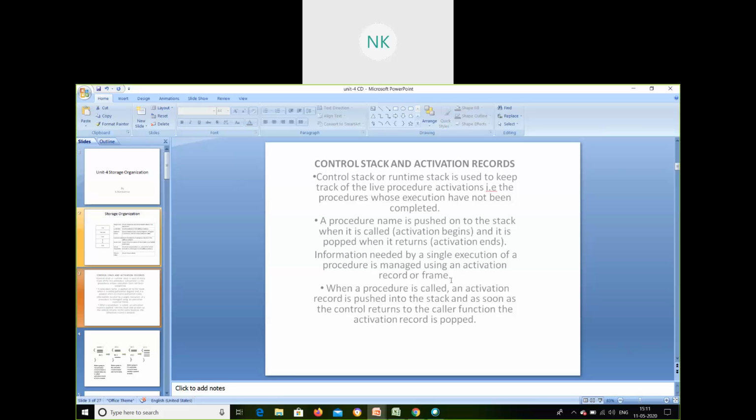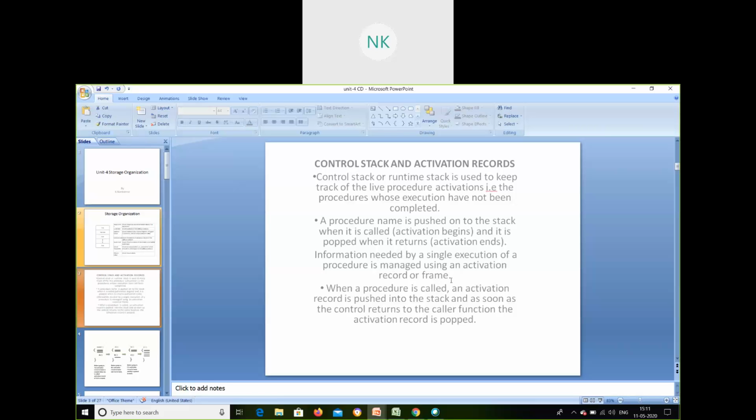We record everything as an activation record, because when I have to complete procedure A, I have to execute procedure B. So for the start of procedure A, it will save the starting address of procedure A, the variables of procedure A, the parameters of the procedure, and the status of this procedure: is it completed or still executing.